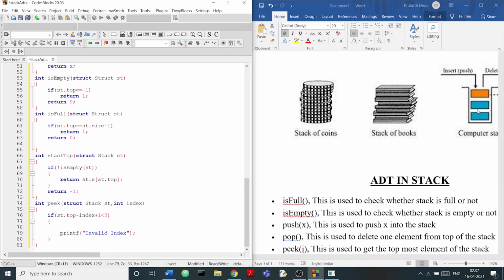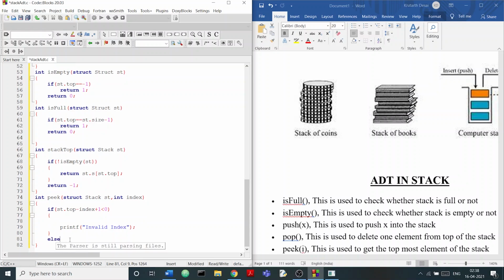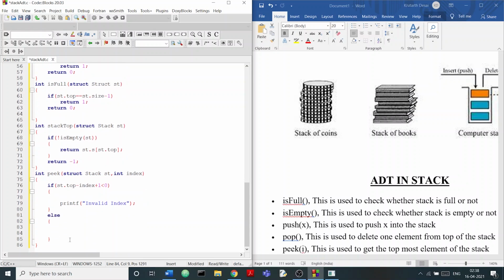Now suppose the user is trying to find the second element from the top. Then 2 minus 2 plus 1 is 1, so the user will get the first index element. If this particular statement is true, then you need to print this, but if it is false, then in that case what we need to do is